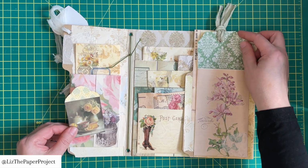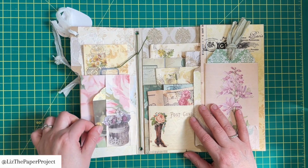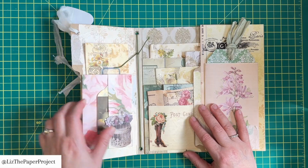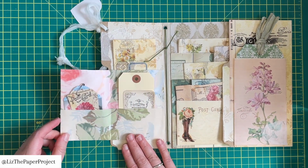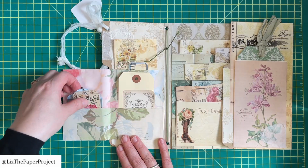And I kind of made that large tag with it. So here's like a little tuck spot. There's also another little tuck spot here, okay? And then you would open this up and you have kind of like more spots that you could add some